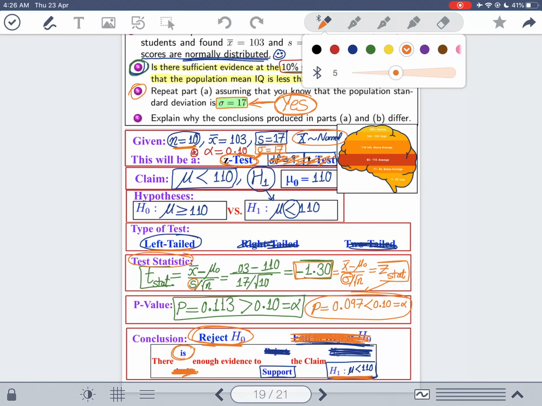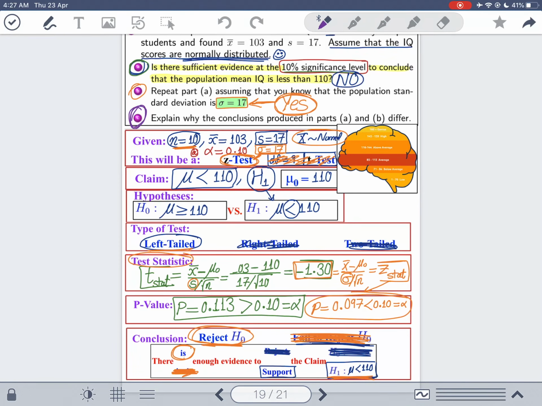Now, the last question is, let's use this color. Explain why the conclusions produced in parts A and B differ. Why is it that I got a different conclusion here than here? Okay, what do you think is the reason? Is it because of the sigma and s, that sigma was given here and s there? Not really. I mean, in some sense, yes, but because sigma made us use the z distribution or the normal distribution,